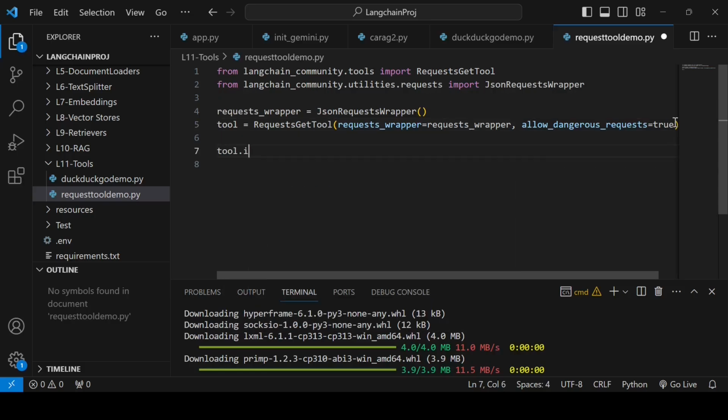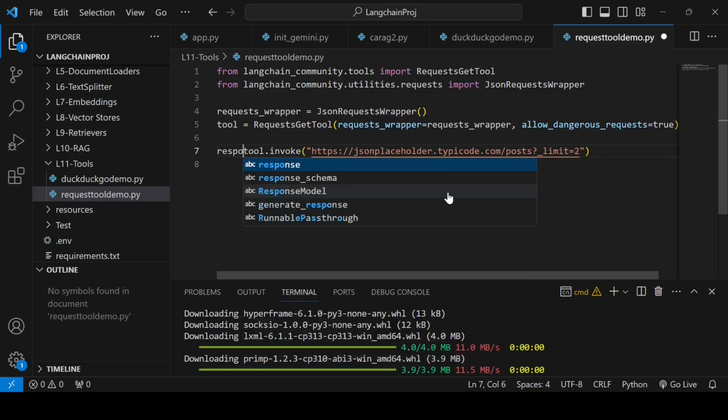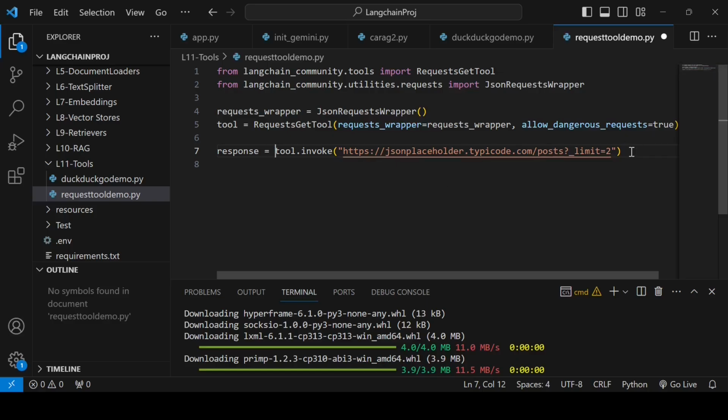Now we can invoke it. tool.invoke. So we have to make a call. Let me get that URL. So I'm making a call to JSONPlaceholder. In that there is a posts resource that I'm calling, limiting the result to only 2. That I can print.